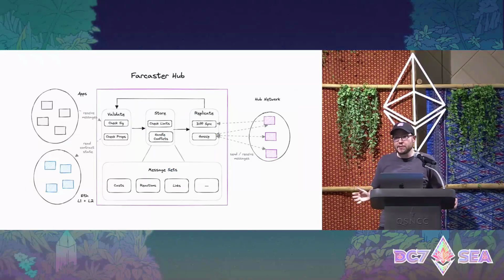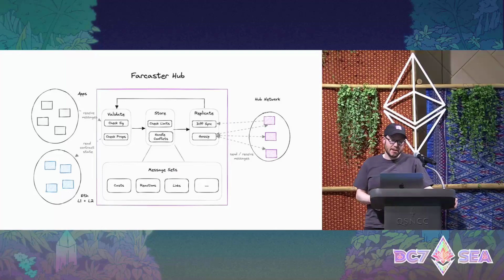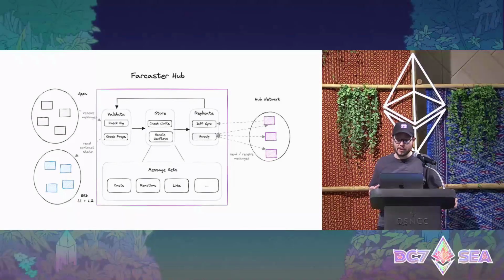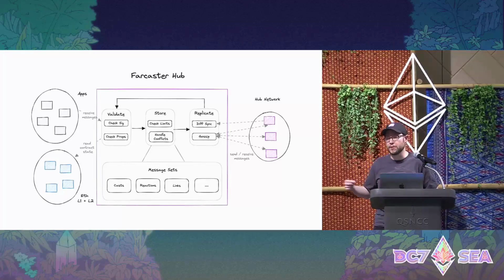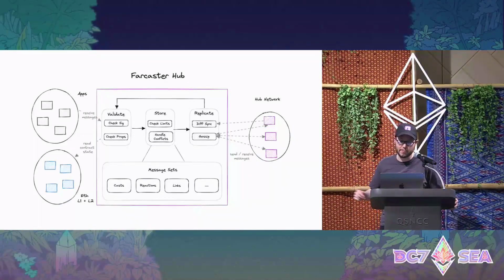When you publish a cast, basically you're signing a message with an ED25519 key. Hubs will store that message as long as the key exists in an on-chain registry. So your Ethereum account controls your identity. That account can delegate to an ED25519 key, which signs your messages on the protocol. Those go onto Hubs, this peer-to-peer network, which stores all the data. This is a diagram of the hub system and how hubs work.